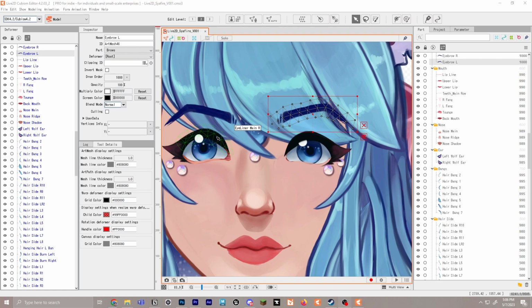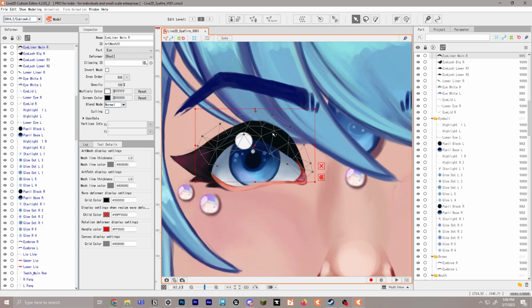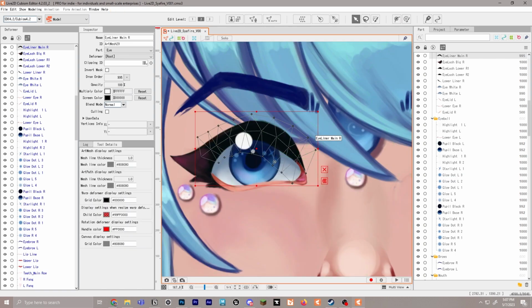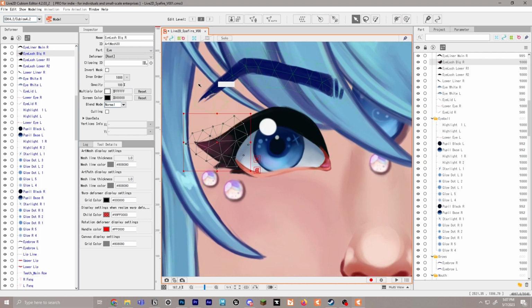Another one that would be a good one to redo is something like the eyeliner. Now, the eyeliner is very similar to the brows. We'll do the same concept. So we can go up to our editing tool, we will erase everything, and we'll grab our little plus tool and we'll go through with the even dots across the eyeliner, and then we'll do our triangles. And then we can close everything again. And we'll do the same for all the other pieces.